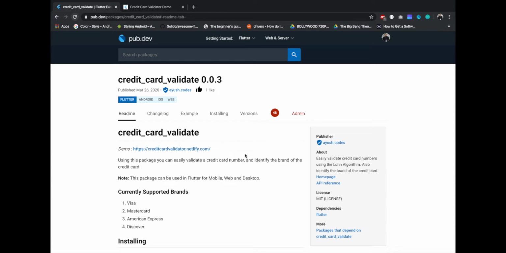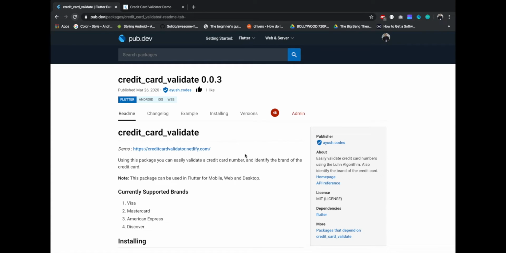So today I did something new. I published an all new package on the pub.dev website. This is a pure Dart package and it does not have any other Flutter dependency specifically, so you can use it across all platforms, that is Android, iOS or the web. And yep, I am here to give you a quick walkthrough of what you can do using this credit